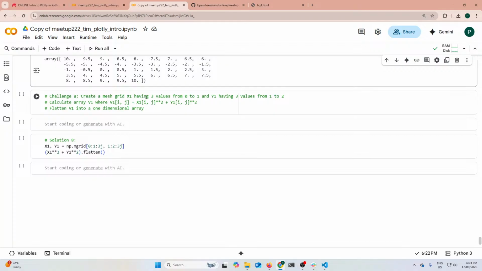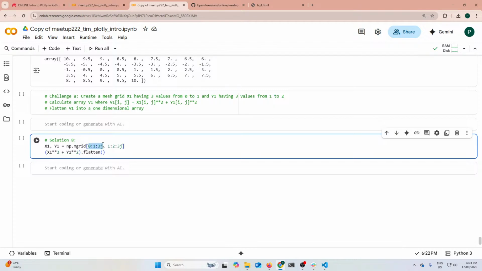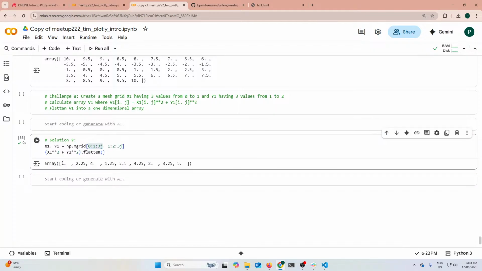So here's our example. Create a mesh grid, x1 having 3 values from 0 to 1 and y values from 1 to 2. And so there's mgrid. We're just going to go from 0 to 1 using 3 values, so we use the j after the 3, and 1 to 2 also with 3 values. And then we're going to flatten it all out, and flattening it out just basically takes a matrix and